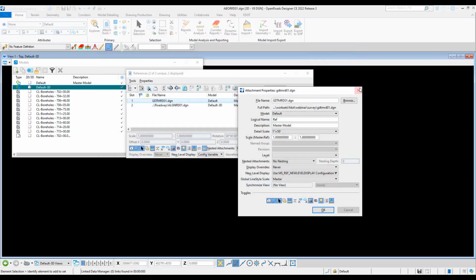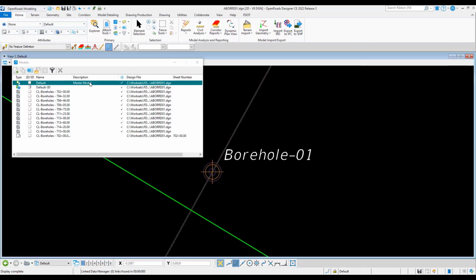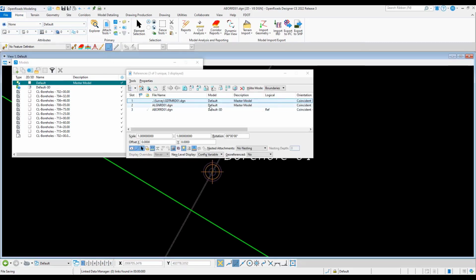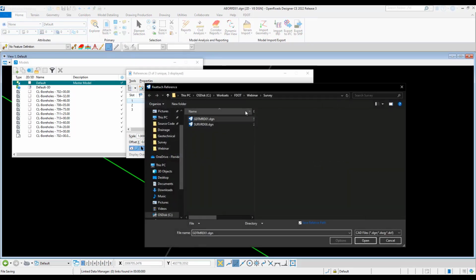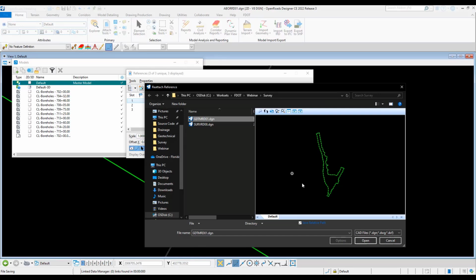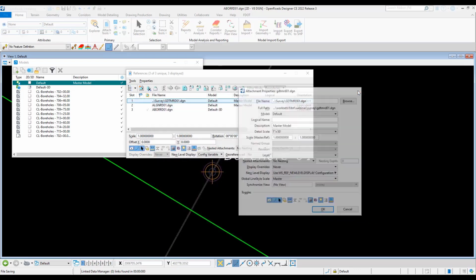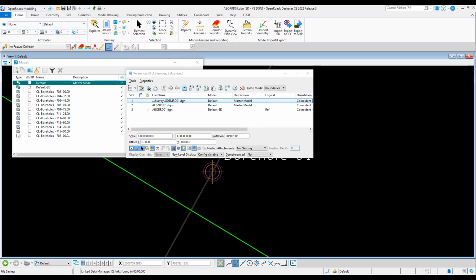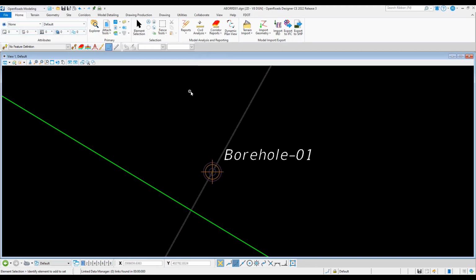click X, click X. Now we're going to go back to our default model, open our references, open the browse of that reference, select the file. As you can see, it's already been saved as relative path. Since this file has already been updated, we can hit cancel. We can exit out of that. We can close that, close this, go back up to our Explorer,